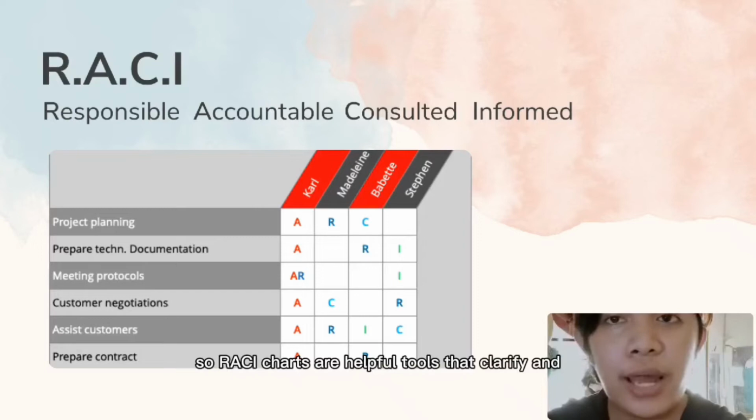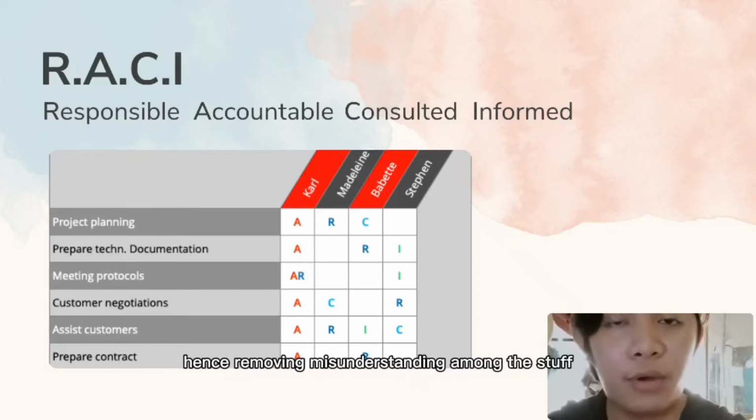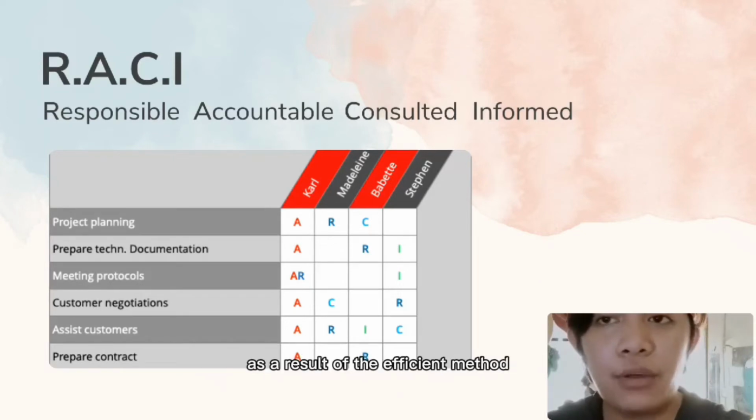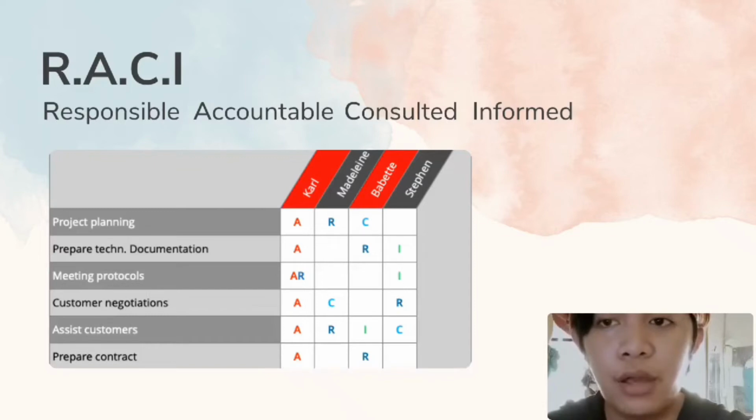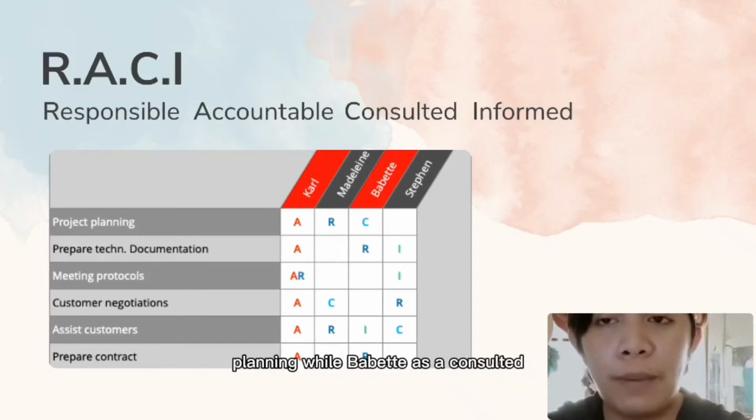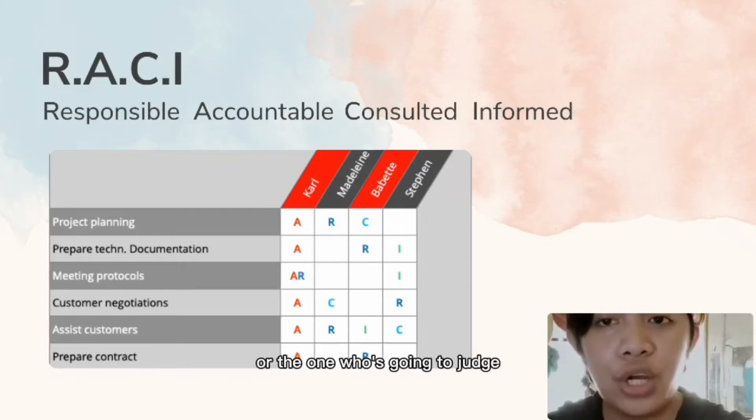So RACI charts are helpful tools that clarify and organize the jobs within an organization, hence removing misunderstanding among the staff. Employees may quickly identify their duties and responsibilities as a result of the efficient way that roles are distributed. Just like in the example, Madeline is the responsible person for the project planning, while Babette is the consulted, who will assist or guide Madeline. And Carl is the accountable, the last step, the one who is going to judge